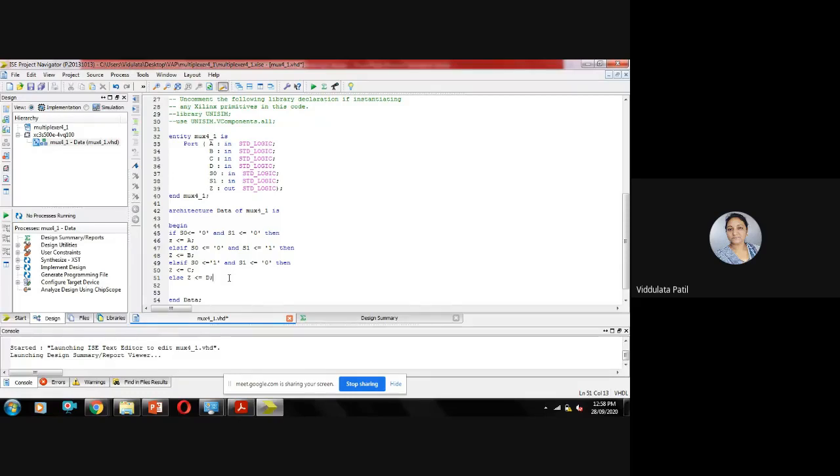Is this a correct code? Prathamesh? Prathamesh?